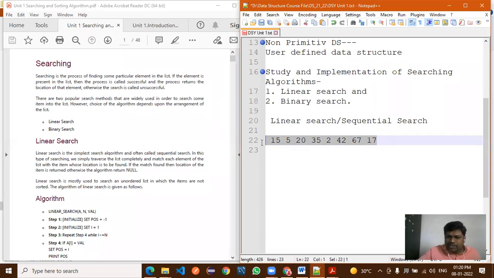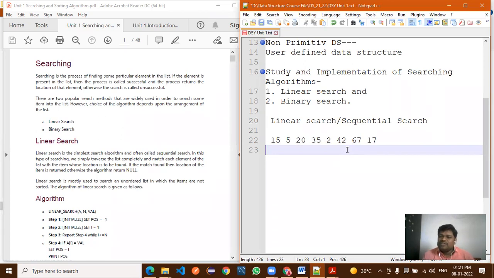Okay, now is this list in an ordered manner or non-ordered? This list is non-ordered, right? It is not in any ordered manner, like incrementing order or decrementing order, or as we sometimes call it, ascending or descending. Now, when you are using linear search, the list is in a non-ordered manner.